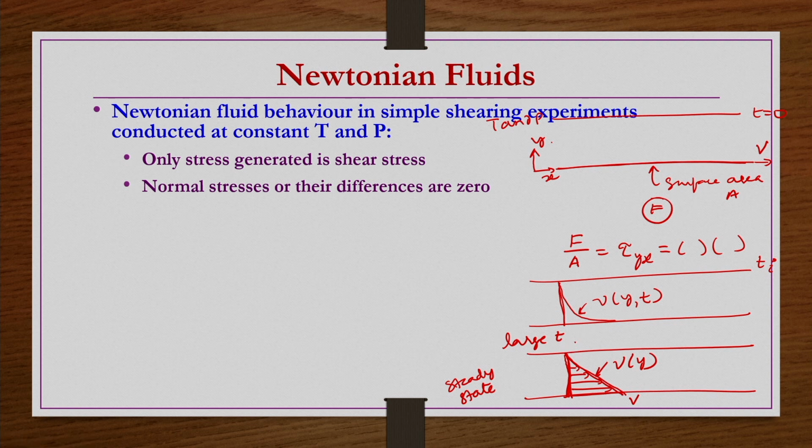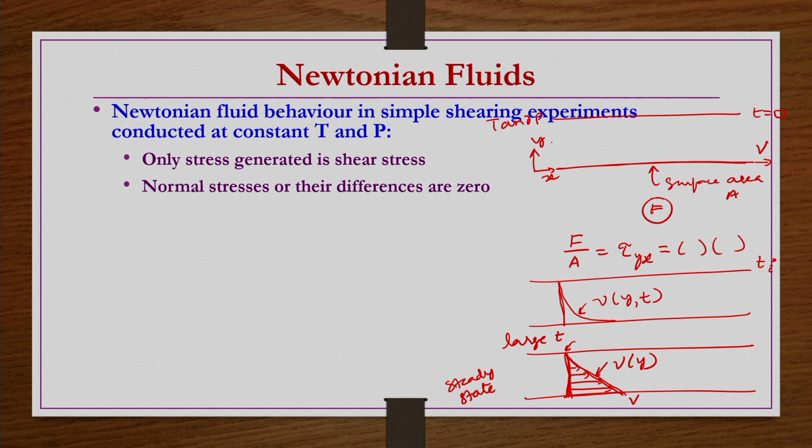So, the topmost layer of the fluid will be having 0 velocity, and then as y increases, the velocity gradually decreases from some maximum velocity V to 0, because the y direction is going up. So, as y increases, the velocity is decreasing. So, then shear stress